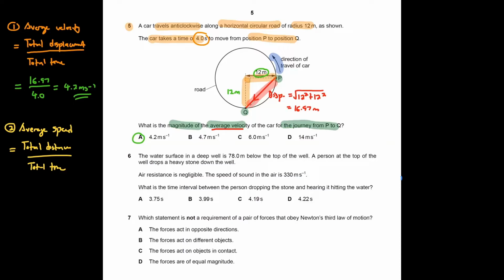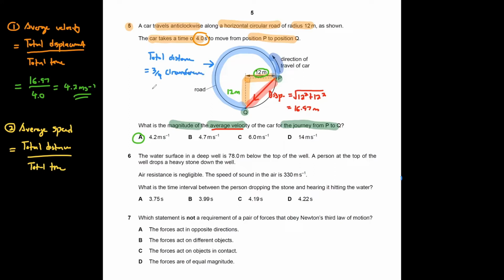It will be from here going all the way to here. Okay, notice that it's actually 3/4 of the circumference of a circle. This blue line here is our total distance. It's actually 3/4 of the circumference